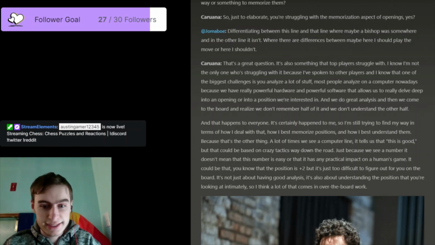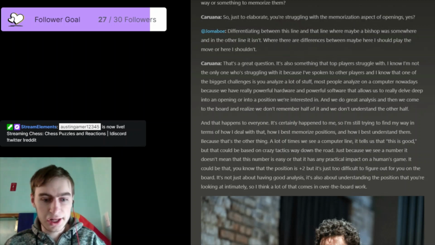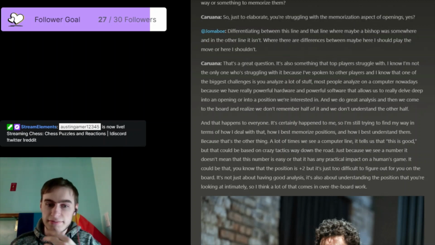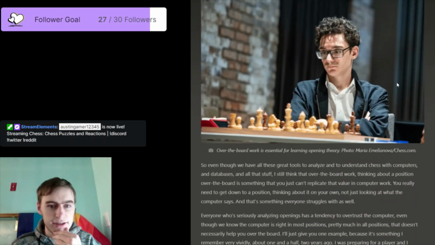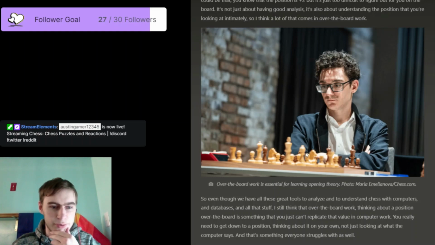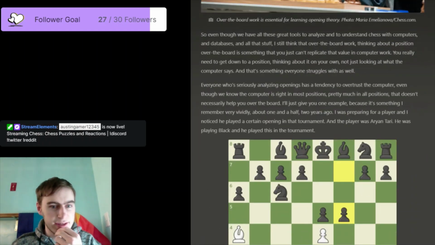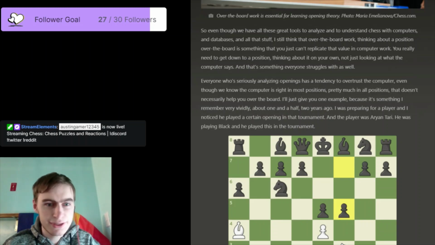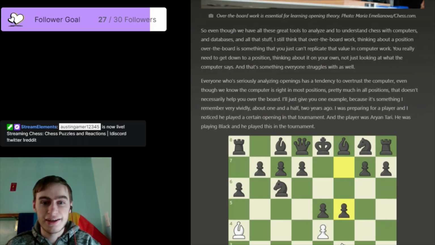Yep. Just like I said, the position could be +2, but it's too difficult to figure out on the board. It's not just about having good analysis, it's also about understanding the position you're looking at intimately. So I think a lot of that comes from over the board work. This is a picture of Fabiano. Over the board work is essential for learning opening theory. I guess it's just looking at the board and thinking about the position. Anyway, he continues, so even though we all have these great tools to analyze and understand chess,